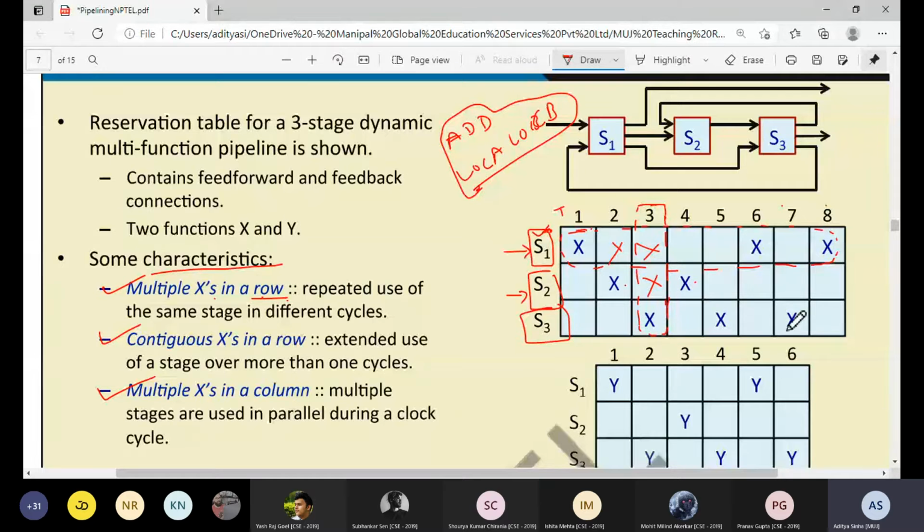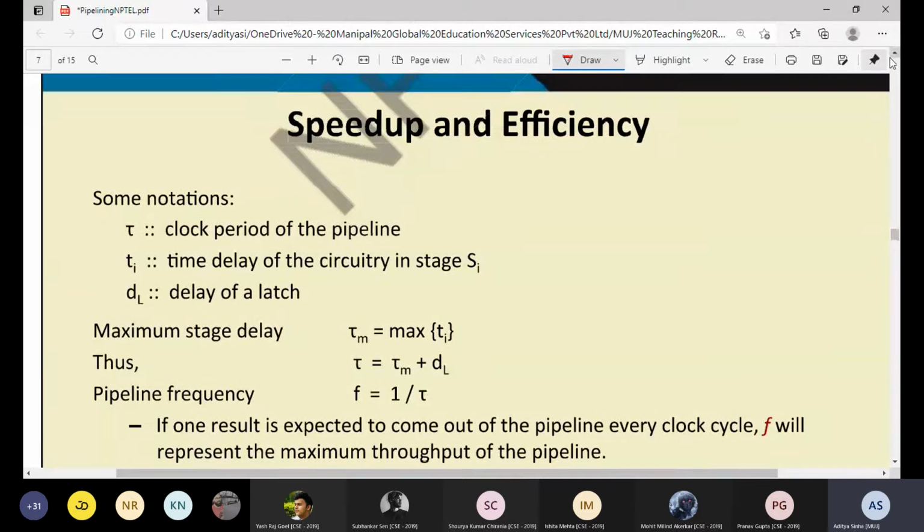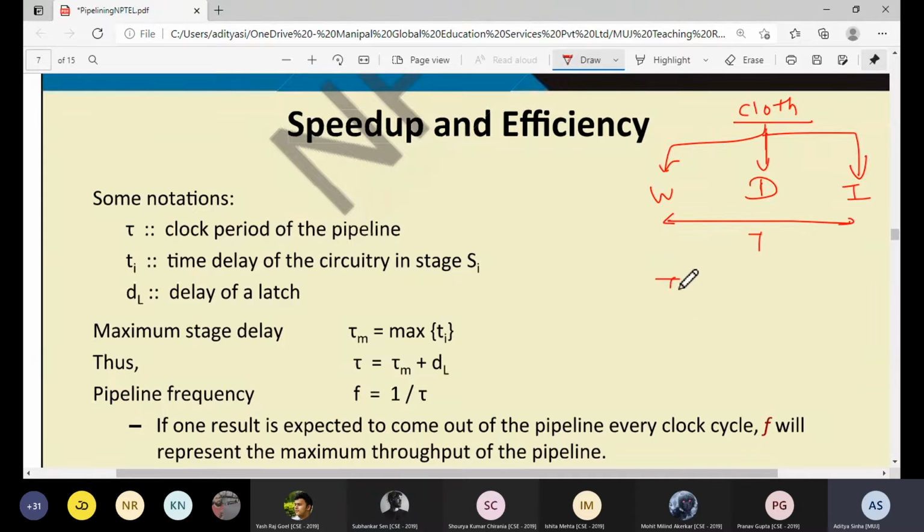If you relate it with the example we discussed yesterday, the cloth washing one, you remember the cloth washing example? Anyone? You remember 3 stages? What were the 3 stages when you have to completely wash a cloth? Washing, second stage, drying and ironing. So what was the time required to complete it? T. And for individual stages you needed T by 3, T by 3, T by 3. Hopefully you remember this, because if you correlate everything with examples, it will make things very easy for you.